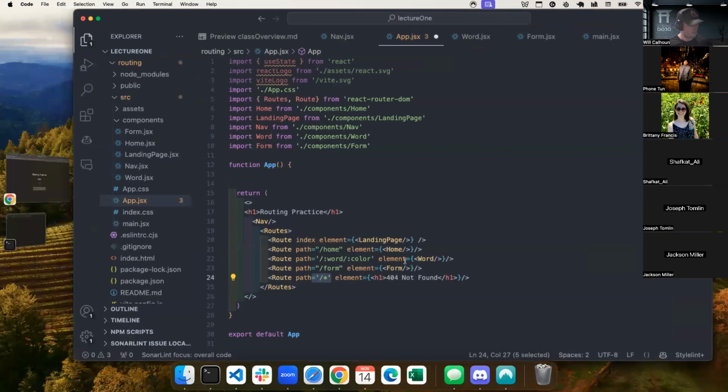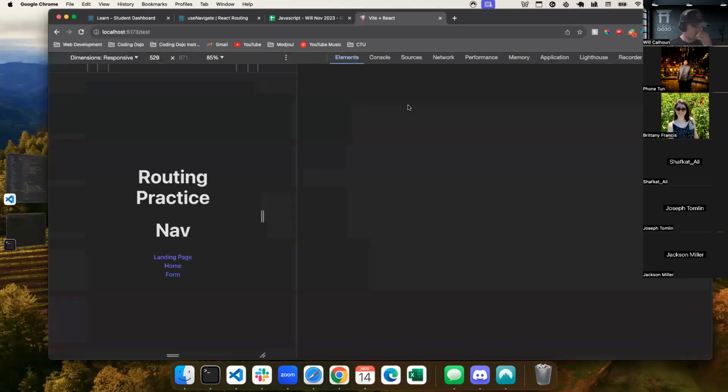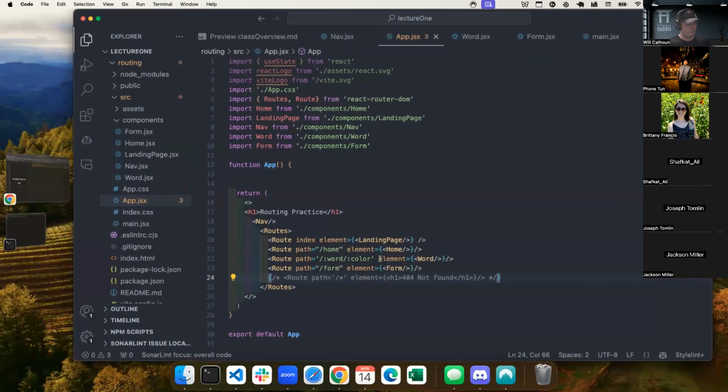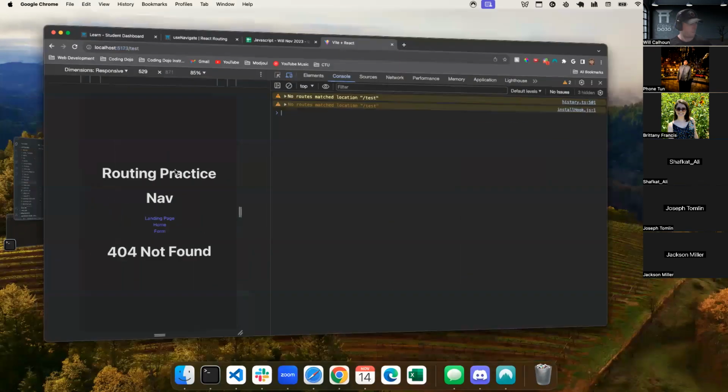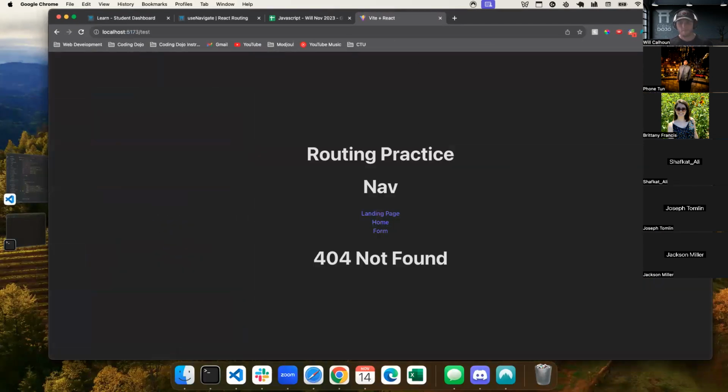Like if I didn't have this, let's see what it would do. I look in my inspect. No routes matched. So our user would never know to inspect. So that's why we can put this guy. And then we at least say, hey, we don't have that information. I don't know where you're going. 404 not found. Don't know what you're talking about.